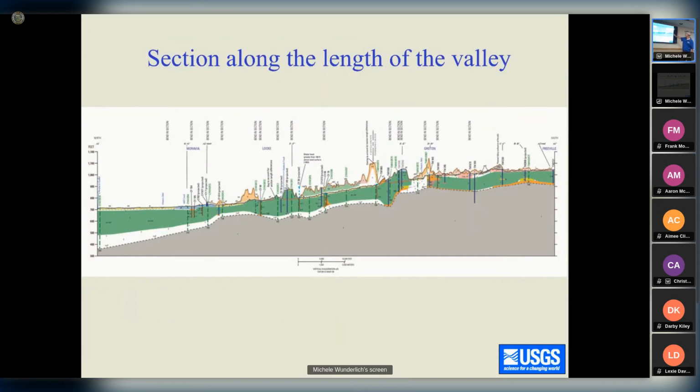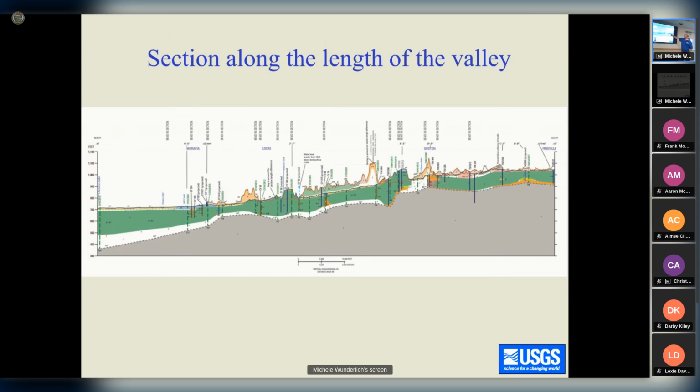So from south in Freeville, Groton, Locke, Moravia, and then the flatlands before you hit Owasco Lake. And gray is bedrock. And so we have well data. Wells don't generally hit bedrock in the valley. Drillers go down through the green, which are lacustrine deposits. So you can see predominantly fine-grained deposits in this valley. So in most places, you can't sink a shallow well and get water. You need to go deeper.